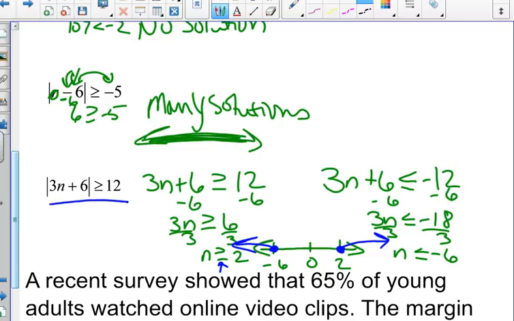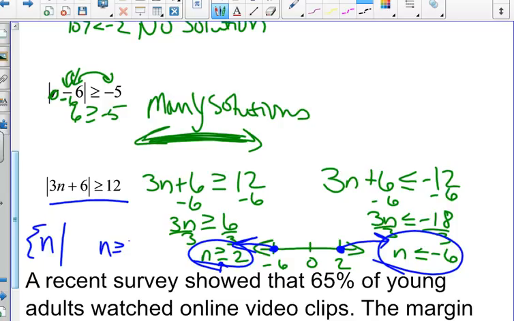We don't have a combined answer, they're separate from each other. And if I were to write these answers, you write it like this: the set of n, where n is greater than or equal to 2, or n is less than or equal to negative 6, just like that. Okay? Alright, now let's do a problem where